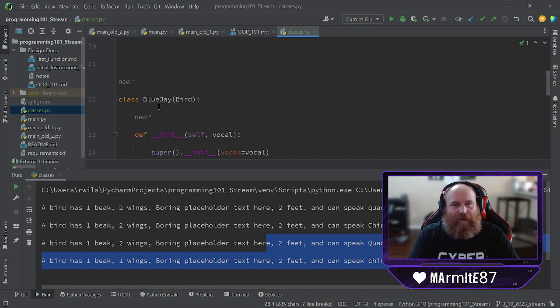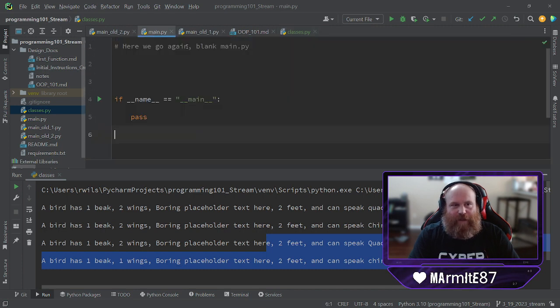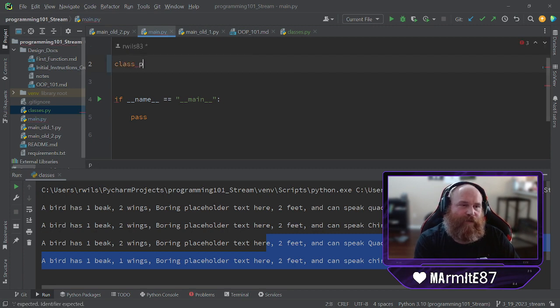All right, so let's step into our actual peanut butter and jelly sandwich concept. We are going to define a class of